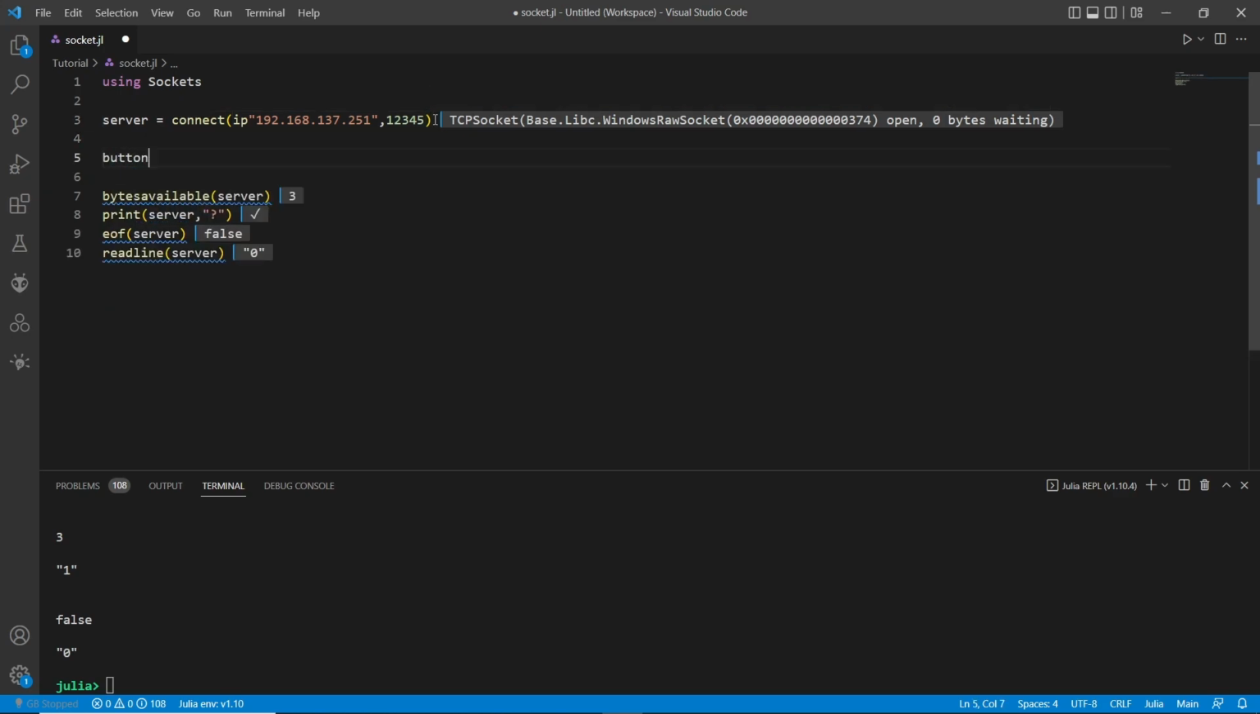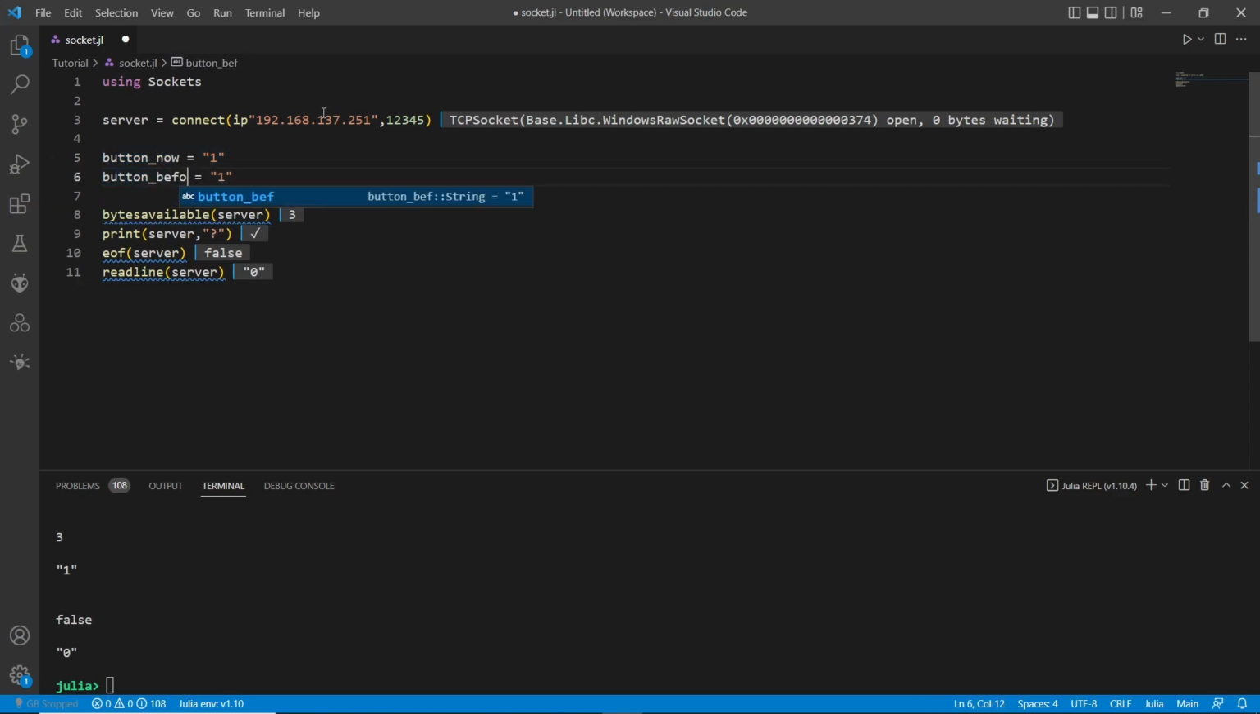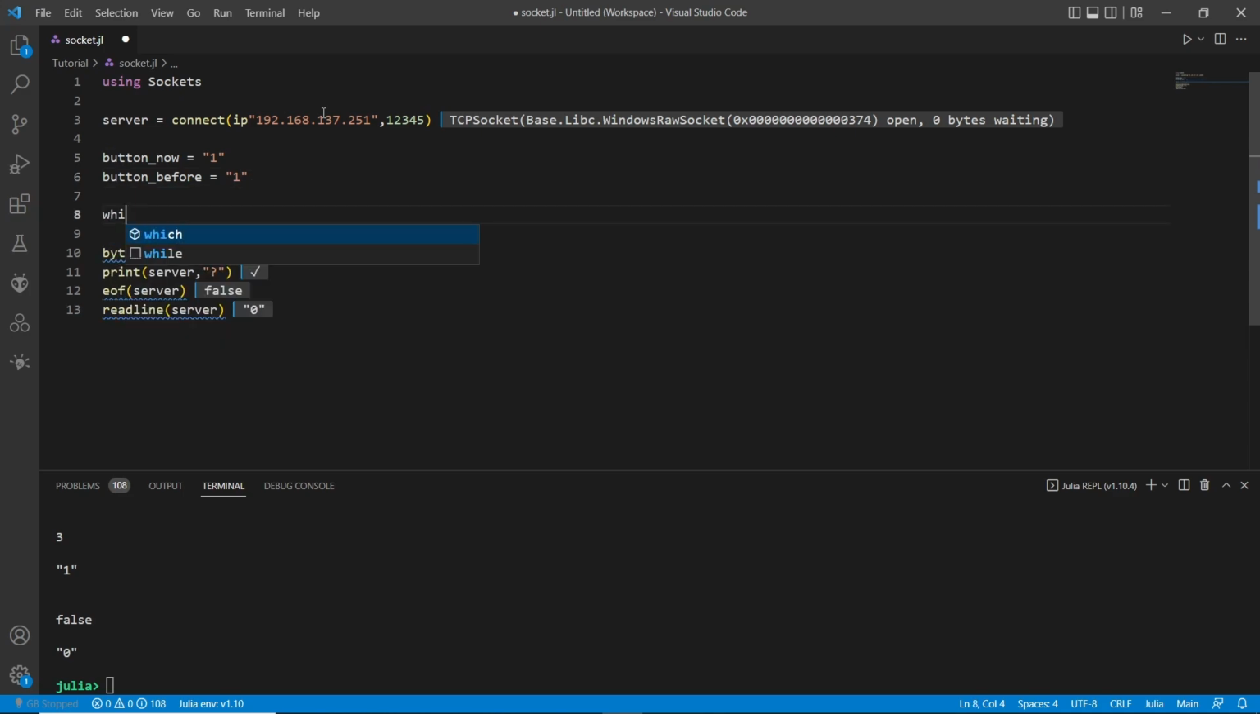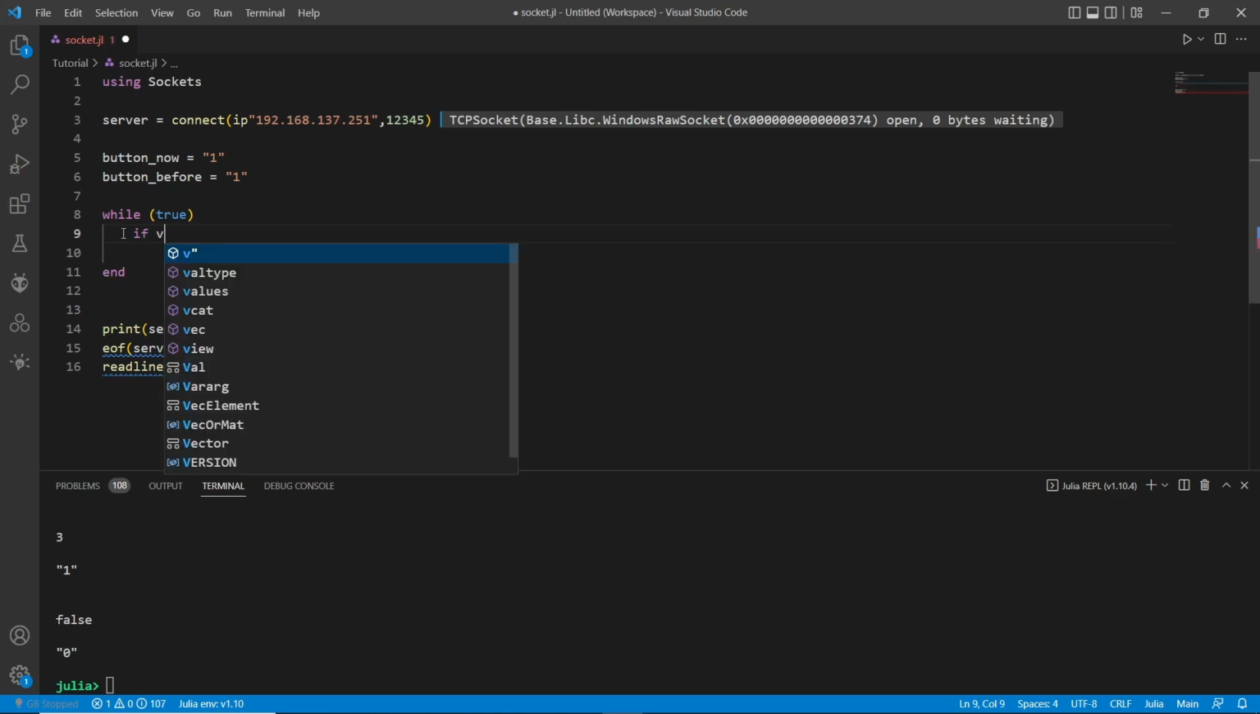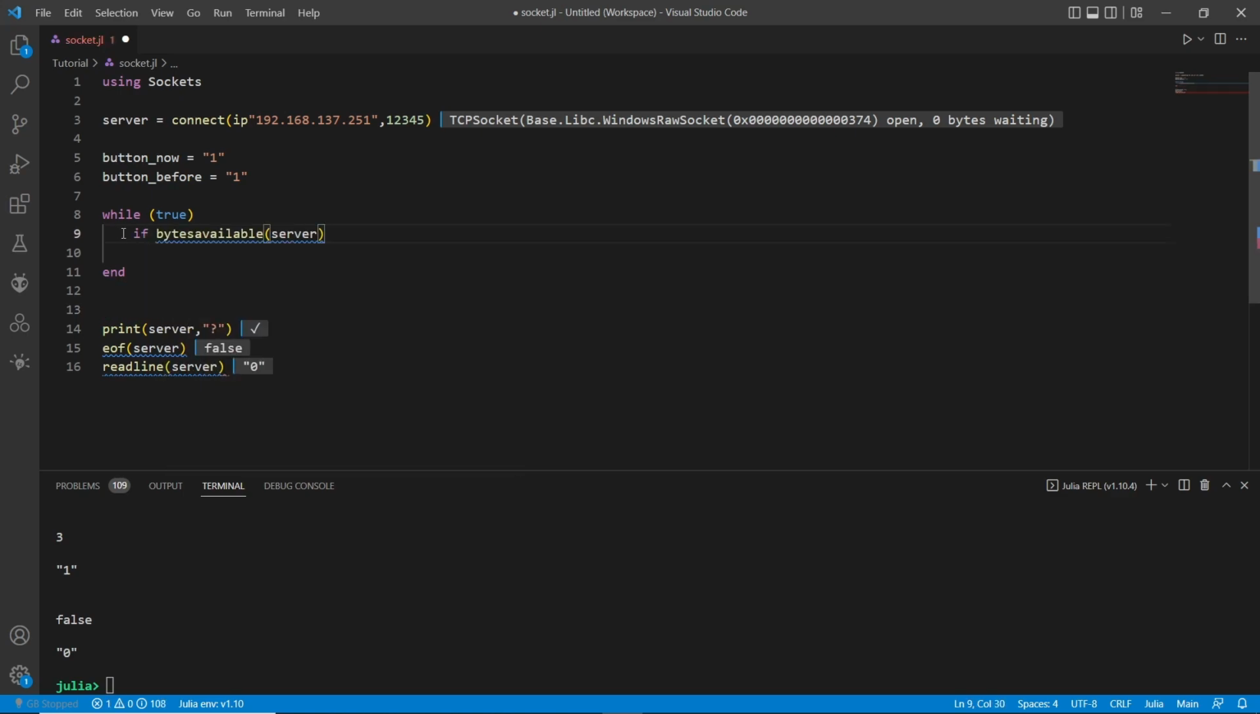We are going to create 2 variables, one for the current status. I'm just going to initialize it as a 1, and then the previous status, also with the same initialization, 1. Then I'm going to create a loop. For this loop, of course, you can put a condition. I'm just doing a quick prototype, so it's just going to be a while true. And if I have any byte available on the buffer, so if this variable is higher than 0,